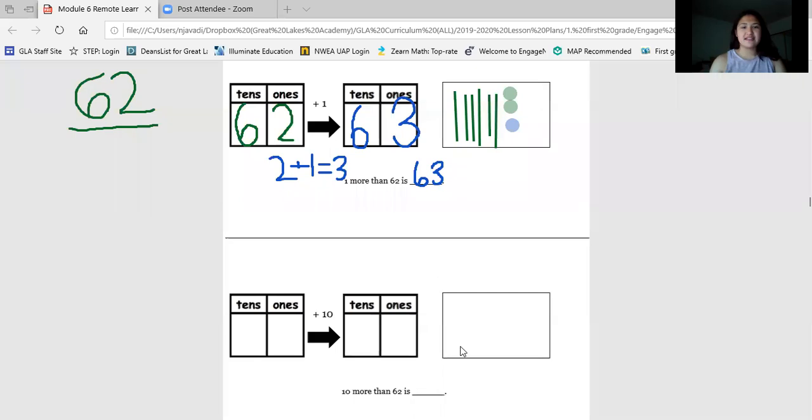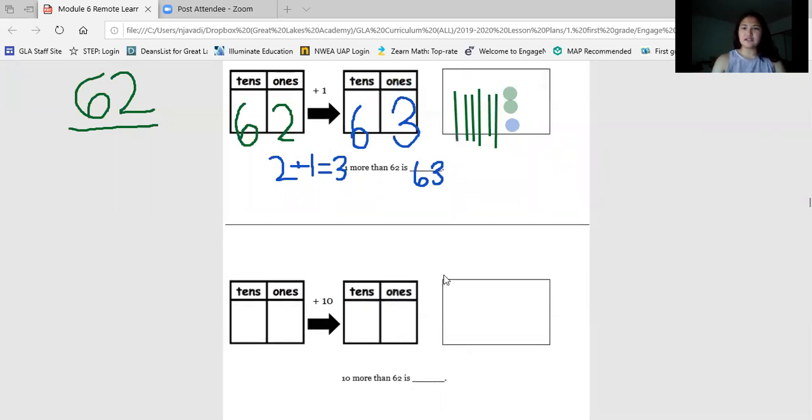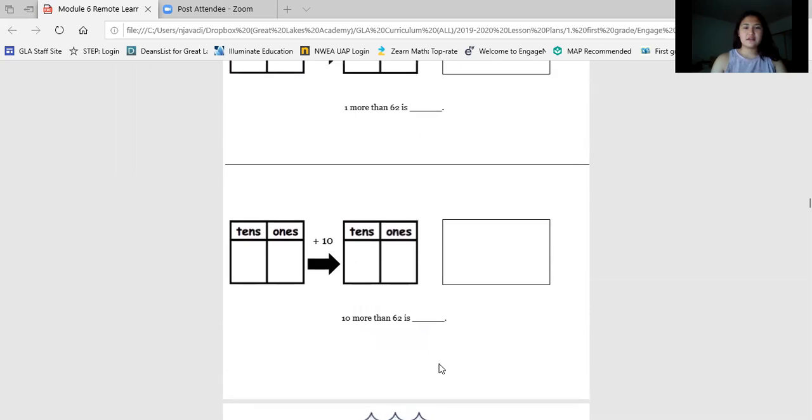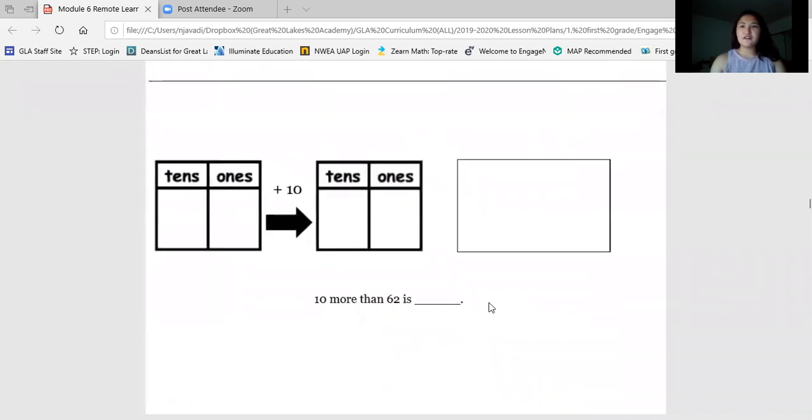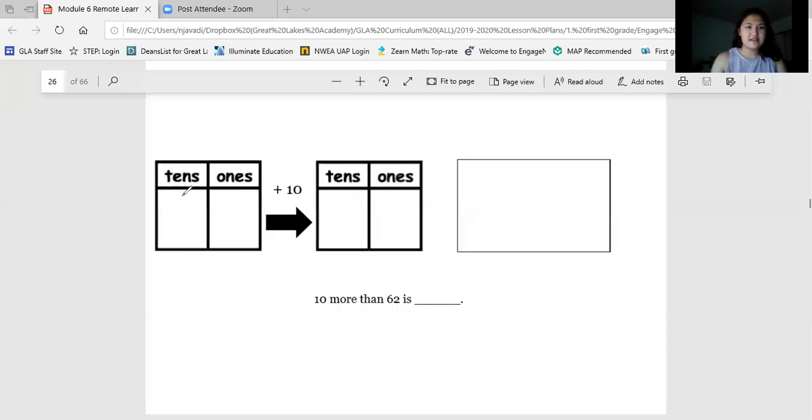Let's try another one together. We're going to look down here at the bottom one. So on the first one, we added 1 more to 62. Now, let's try a different problem. So we're going to start again with